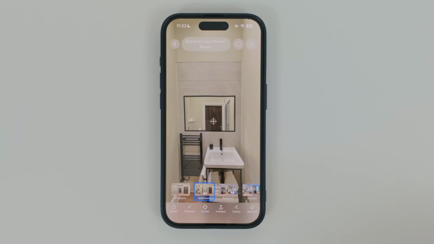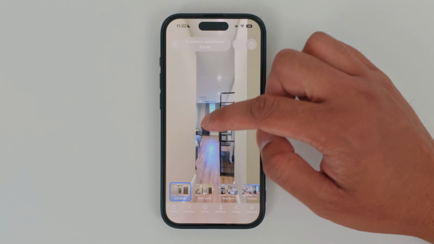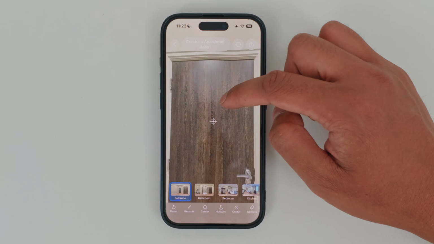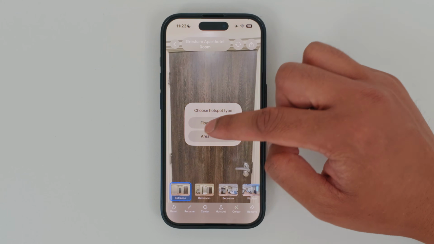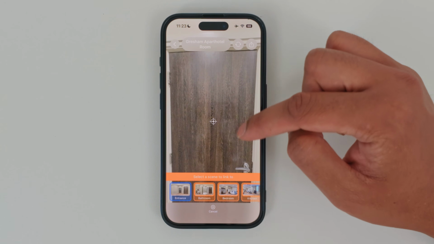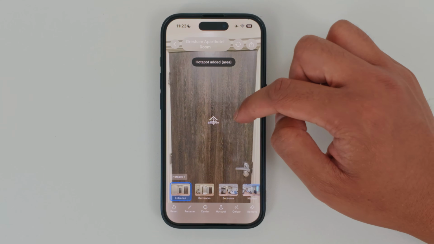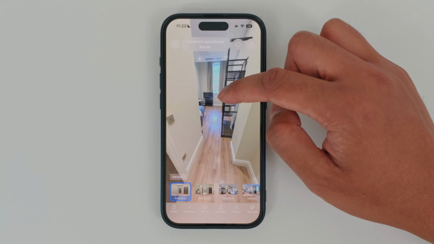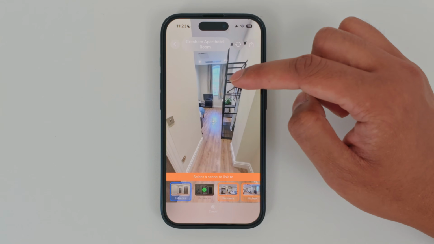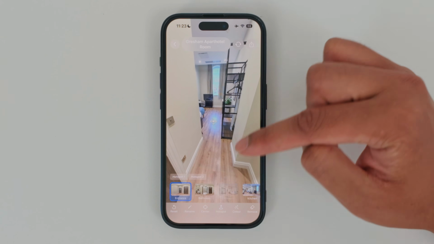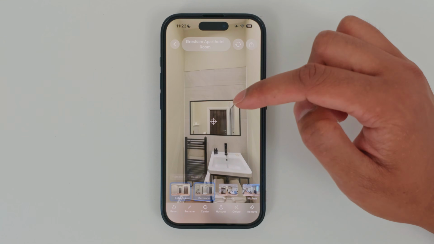Let's add the connections between the photos. So I'll go to Entrance, point at the bathroom door, hold my finger down on the screen. This is going to an area, so I'll select Area Hotspot. Select the bathroom, and then I will point towards the bedroom, hold my finger down on the screen. This is on the floor. Select the bedroom, then I'll go to the bathroom,